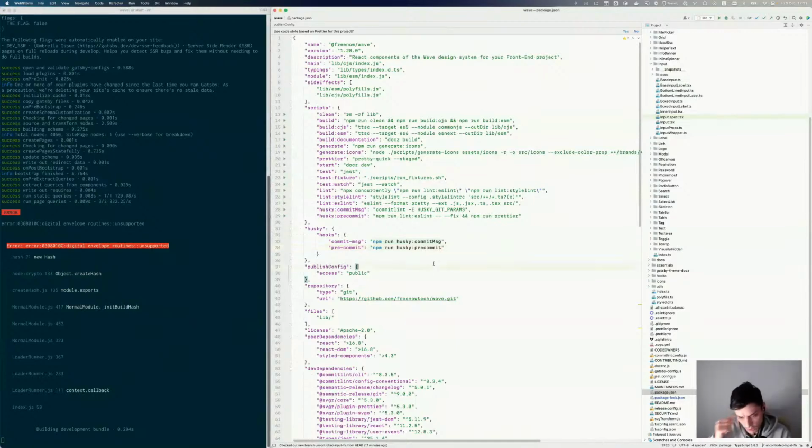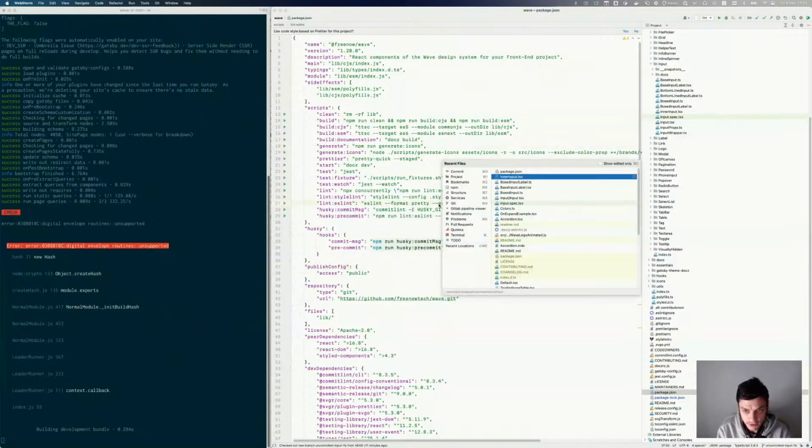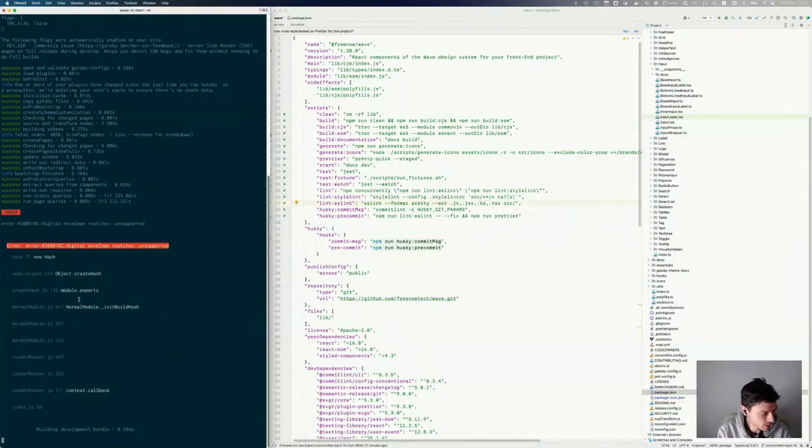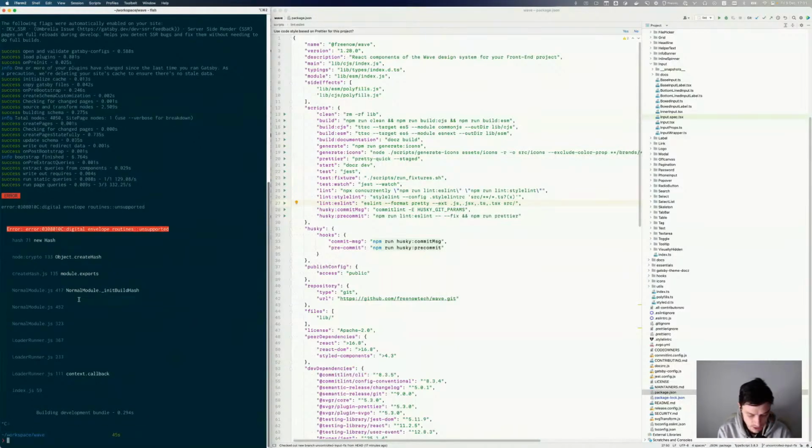So maybe I'll have to switch to Node 16. But I like where we are heading. So let me switch to this. What do I need? I need to do sudo and 16,